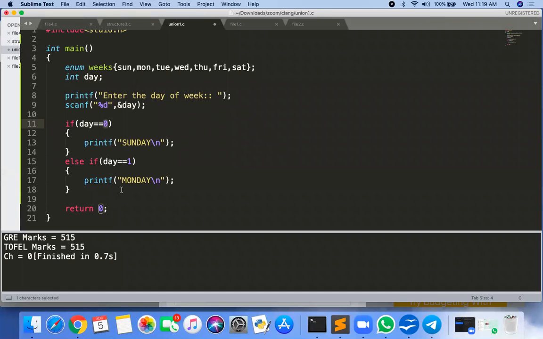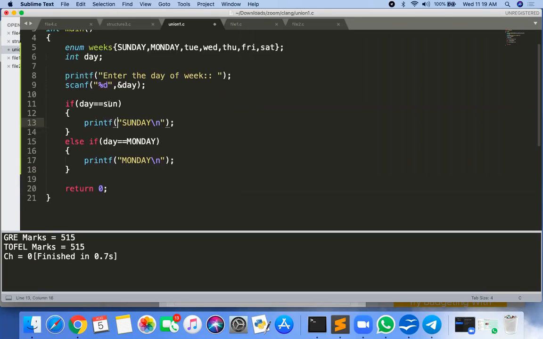Okay, but here what is 0? Using the 0 doesn't make any sense. Instead of that, I can use here SUN, I can use here MON. Directly I can use here. Or instead of that, you can directly use Sunday, I can use here Monday. Okay. So now your program becomes more readable.